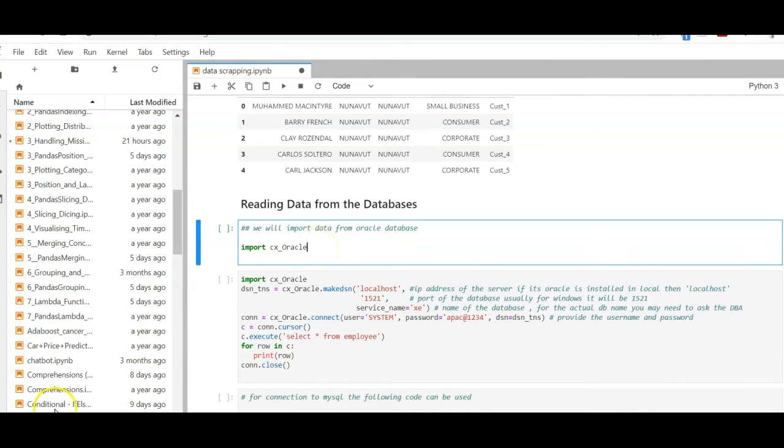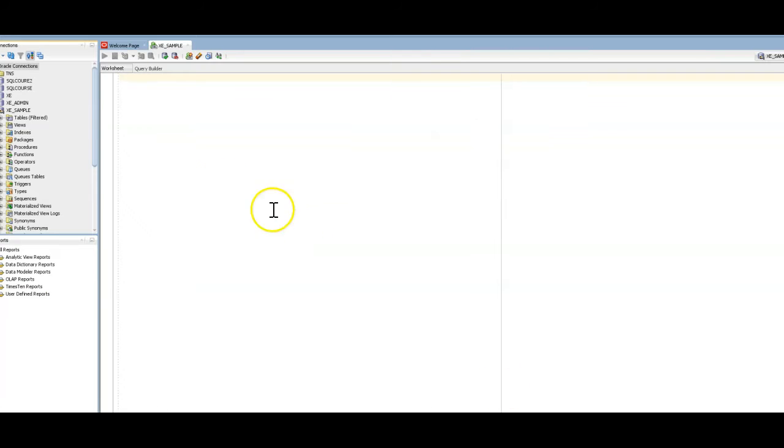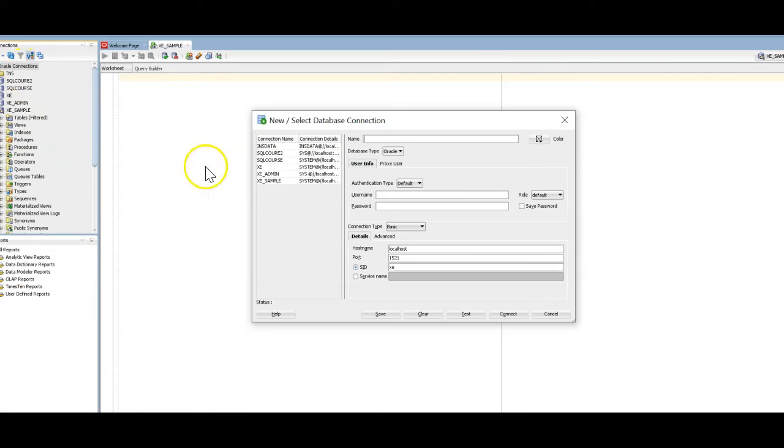Now, reading data from the database. In this example, I'm going to take Oracle as my source data. I already have Oracle in my system, but usually your DBA will be able to provide you the information for the connection. So let me show you how we can find the connection. I have an Oracle connection.